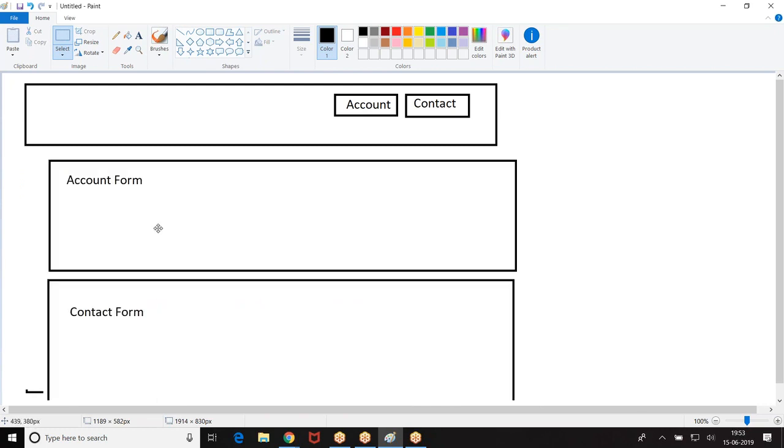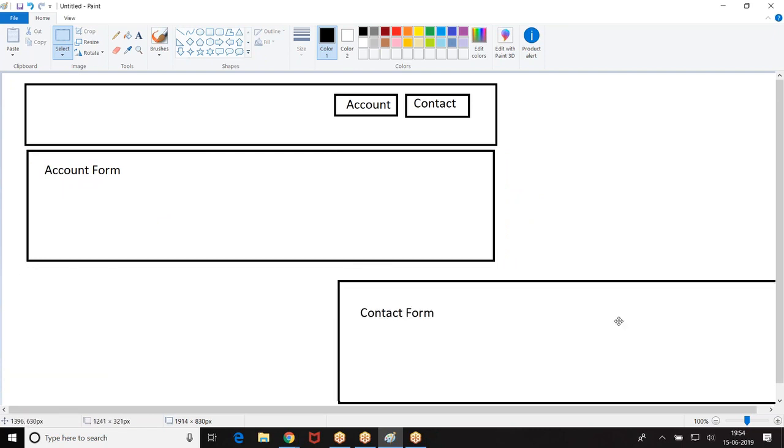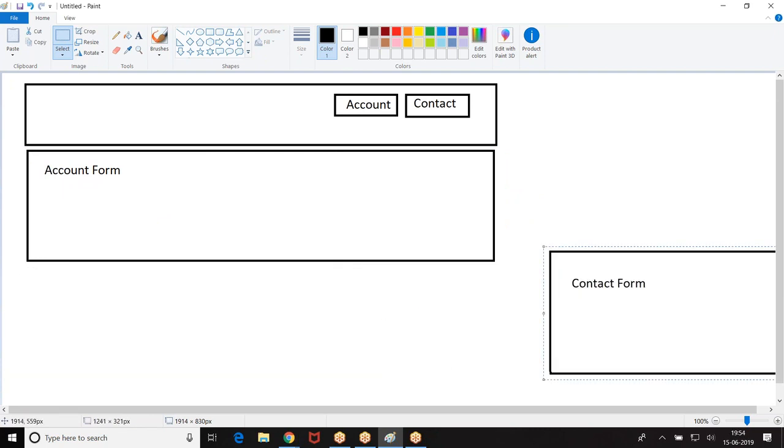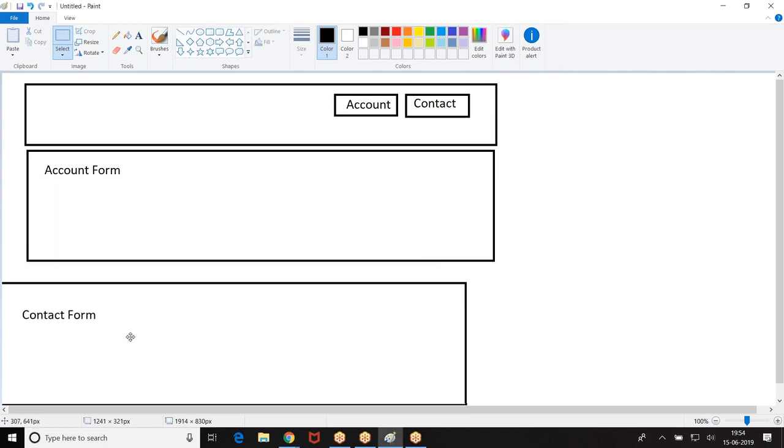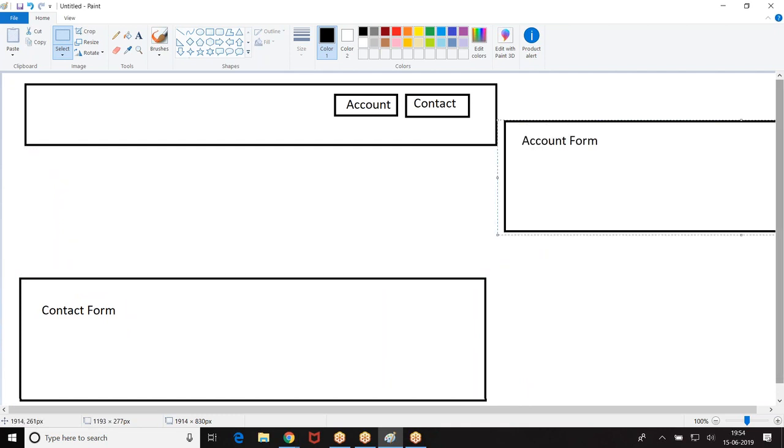When I click on account, I said set the if:true, display that, and make this one if false. Then when you click on contact, I said set the second one true, first one false. This is how I was creating till now. But now I don't want to do this. I don't want to add all the things on the page directly.